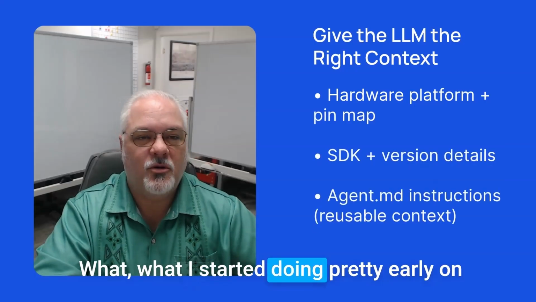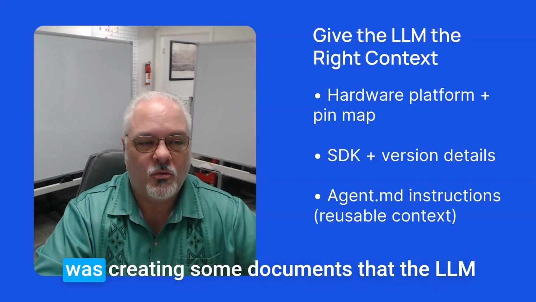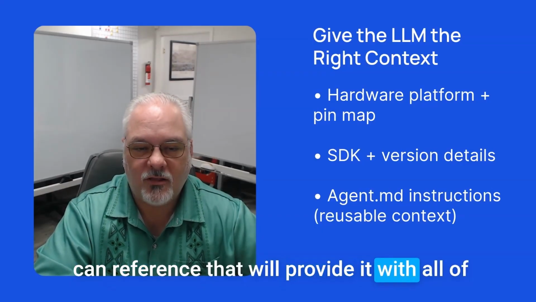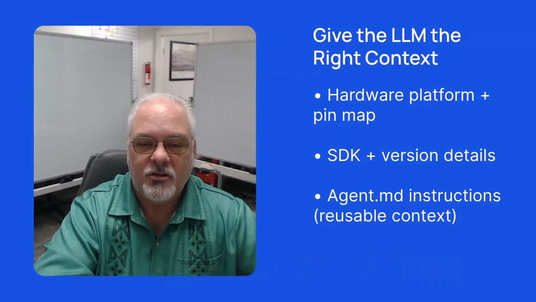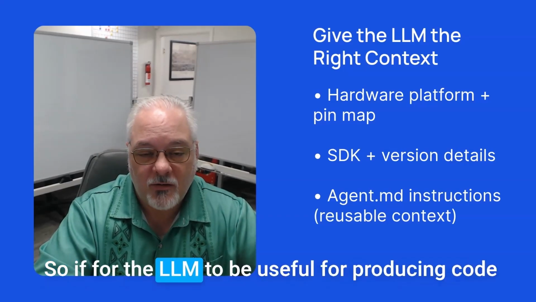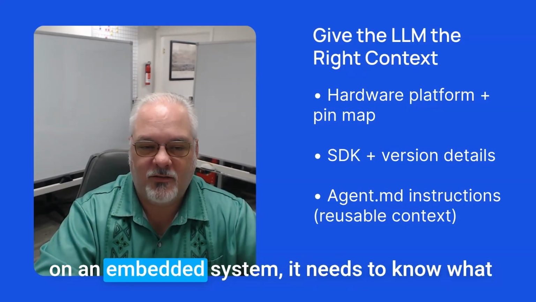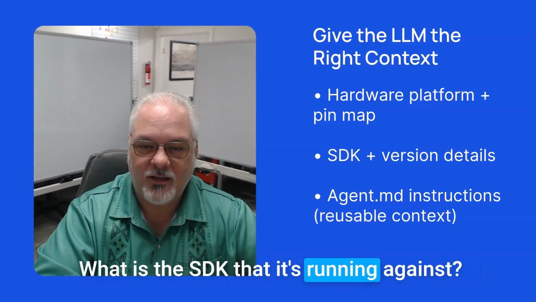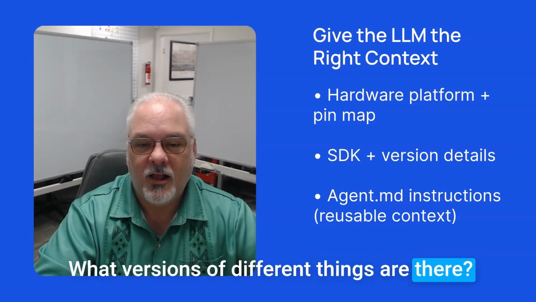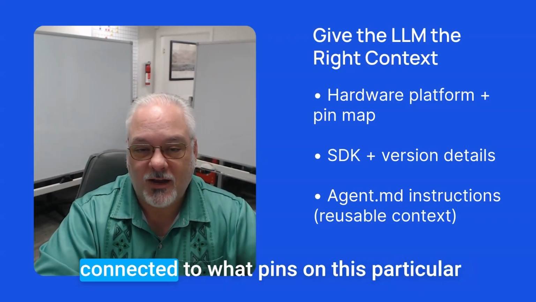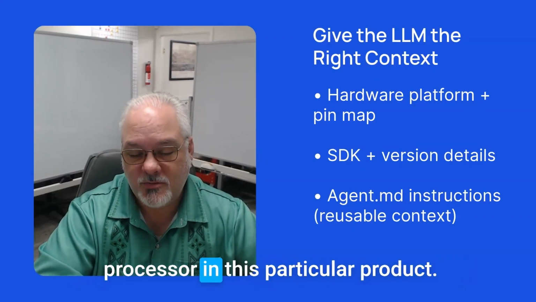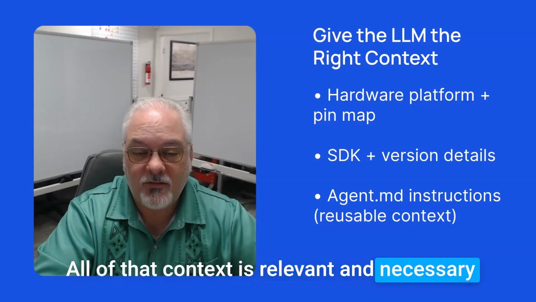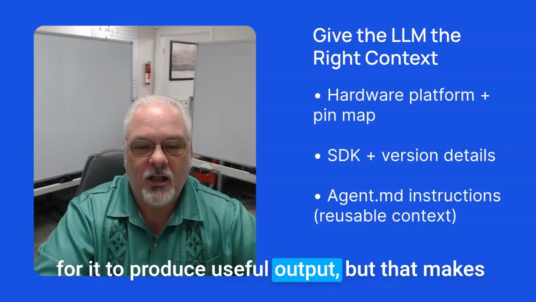Well, what I started doing pretty early on was creating some documents that the LLM can reference that will provide it with all of that context that I was just talking about. So for the LLM to be useful for producing code on an embedded system, it needs to know what is the hardware platform that it's running on. What is the SDK that it's running against? What versions of different things are there? It needs to know a hardware map of what's connected to what pins on this particular processor in this particular product. And so all of that context is relevant and necessary for it to produce useful output, but that makes